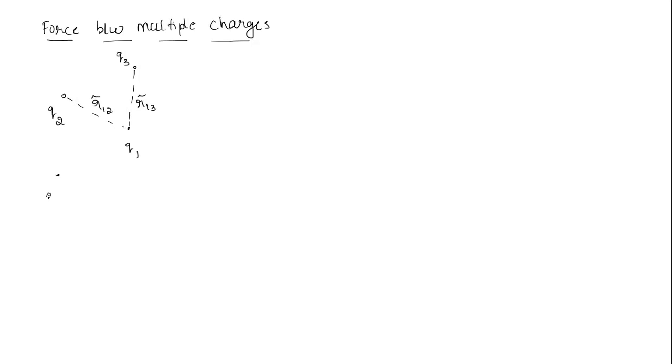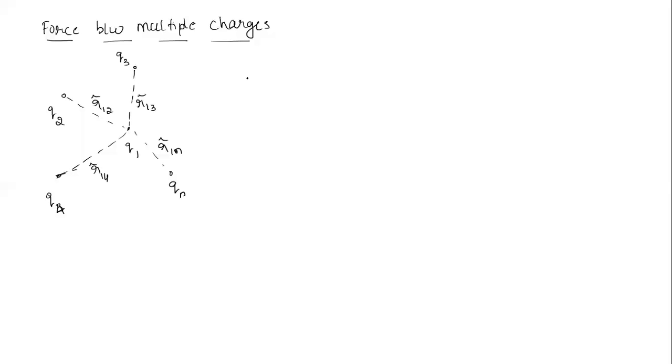If I take a fourth charge somewhere here, Q4, the distance between these two, let's say R14 cap. Like this, you can say many, till the nth charge, Qn. Distance is R1n cap. Now we need to go for individually first. I'll go for force between first and second, first and third, first and fourth, and the continuation I'll do, and then I'm going to add them vectorially.